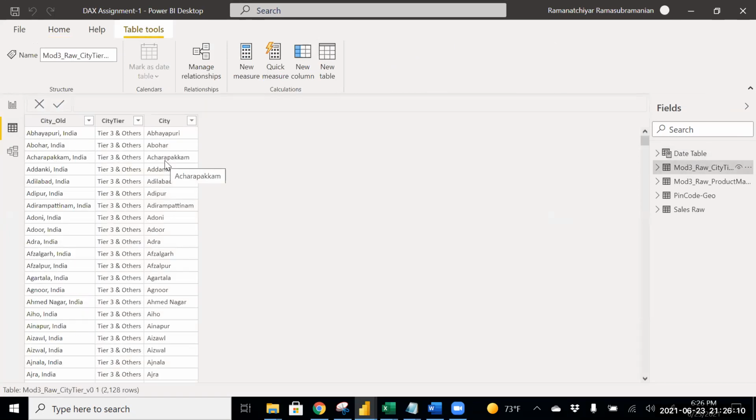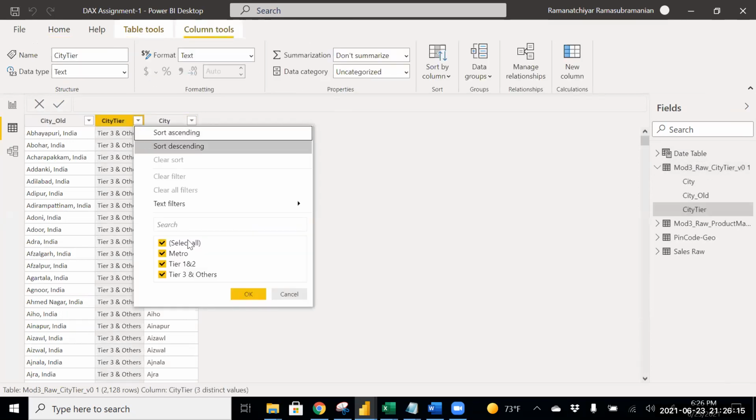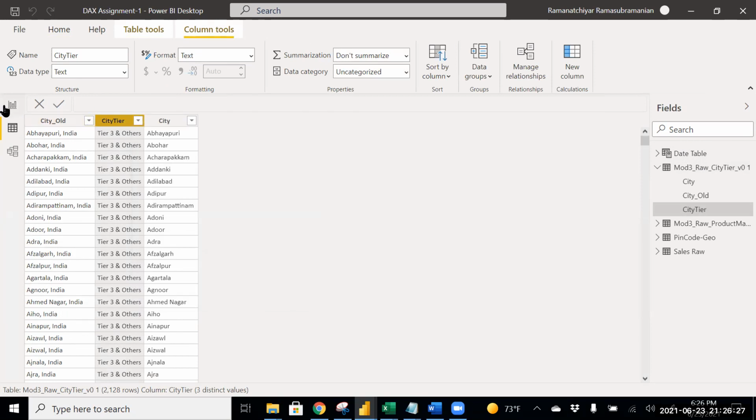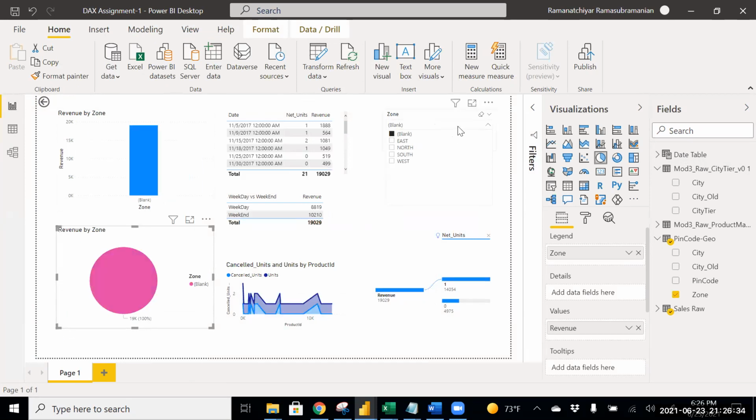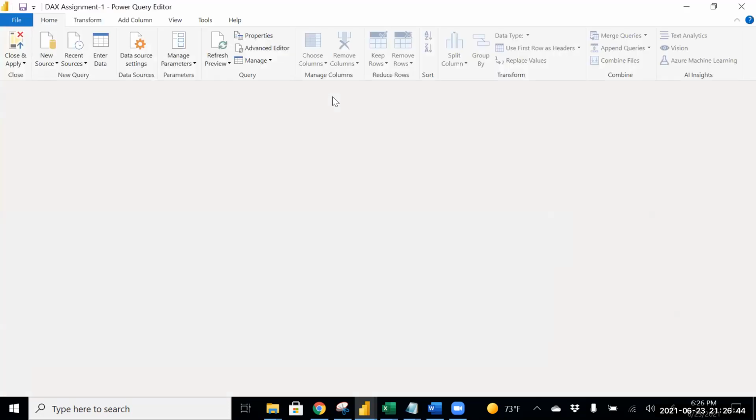Can you view my screen now? Actually, I filtered the blank in Power Query, so it's not visible here. But if I take the data and make a map out of it, I'm getting the blank. That would be coming in the data set. Just go in the zone column and try to remove it from there. Yeah, I tried. Just give me 1 second.